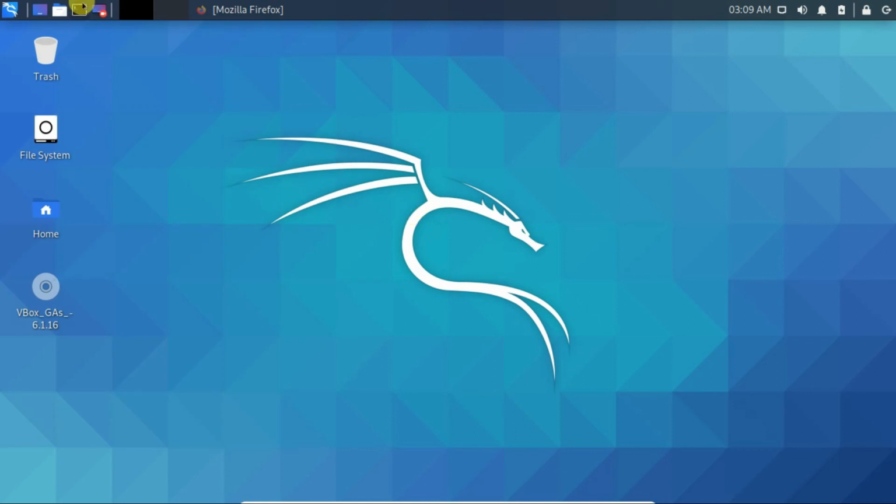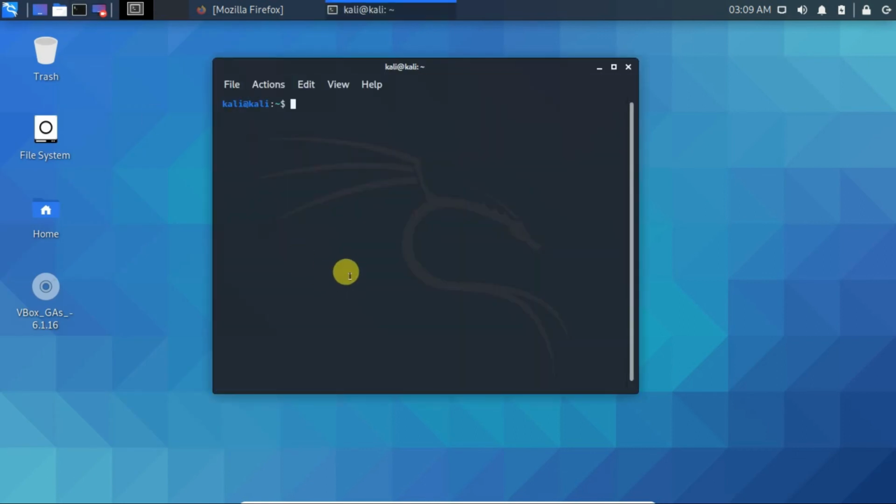You can just open the terminal, and with the terminal you can do literally anything. You can even call any application using the terminal. You can even call Dimitri itself from the terminal. Just type in Dimitri, and now let's ask Dimitri to save. In the beginning of this video I told you -o is used for saving, right? We'll ask Dimitri to save, and let's give the file a name. We'll create a file and save it to a file called subdomains_google.